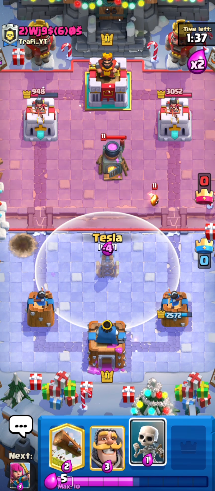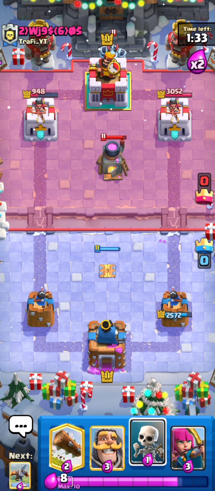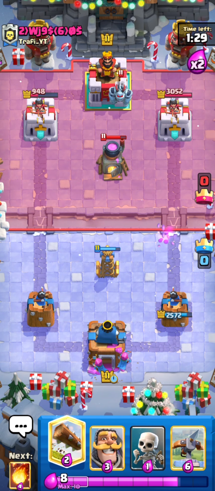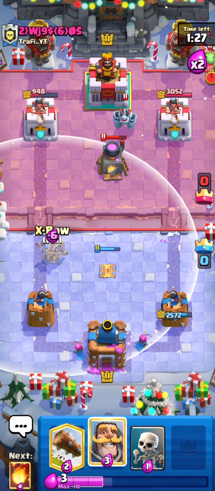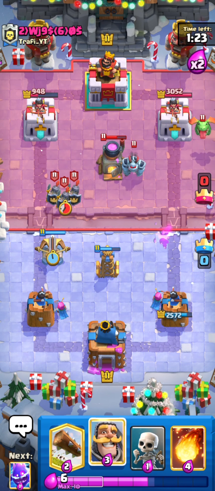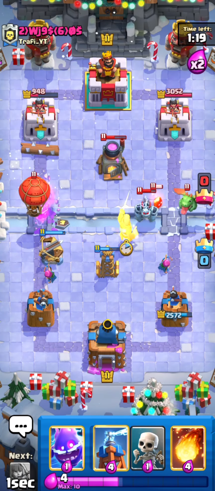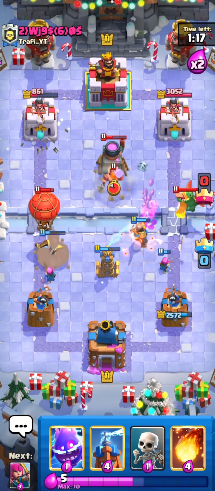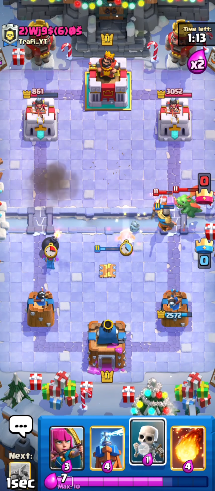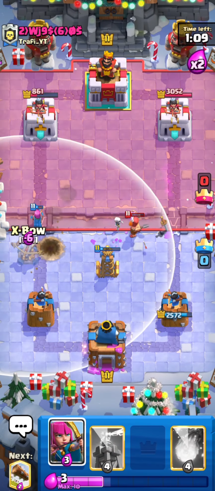I'm going to Tesla in the middle here. Now, you will notice that this Tesla will not pull a Balloon from either lane, but you can change that. You can pull the Balloon into your Tesla with either an Xbow or a Firecracker. I'm actually going to Xbow since he's building up quite a big push in the right there. Don't really want him to create a huge push, so I'm just going to try and divert his attention with this Xbow. Very happy to let it die, but just notice how it was able to force out his Balloon,